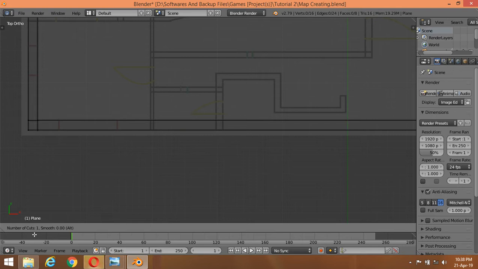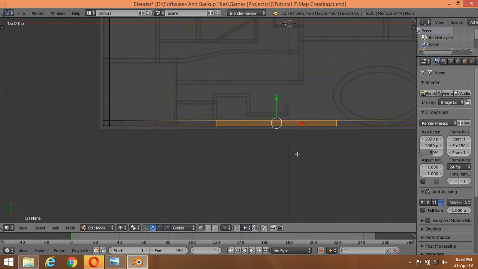We only want 2 numbers here, so the number of cuts will be 2. You see 2. Now put the mouse cursor here and press left click and move it over here. As you can see when I zoom out,